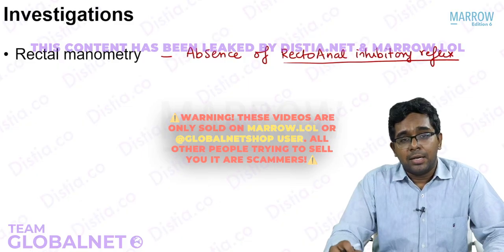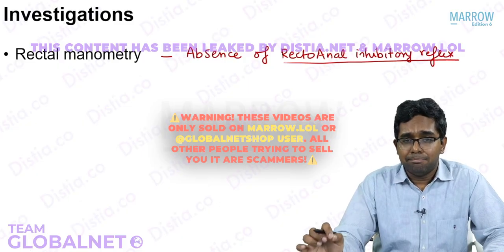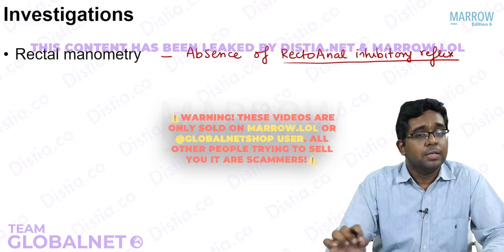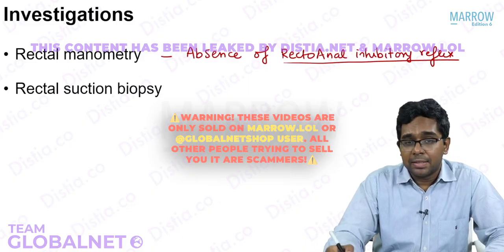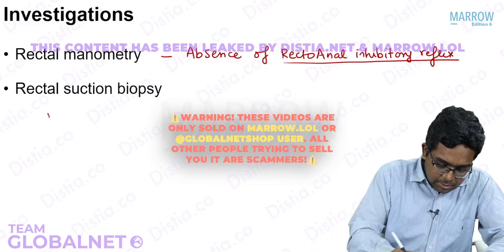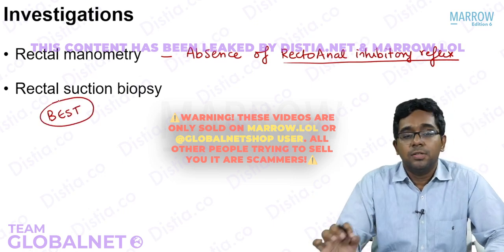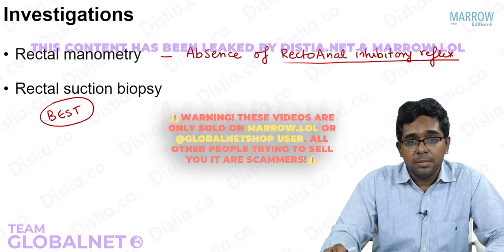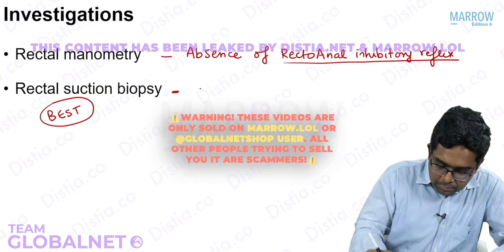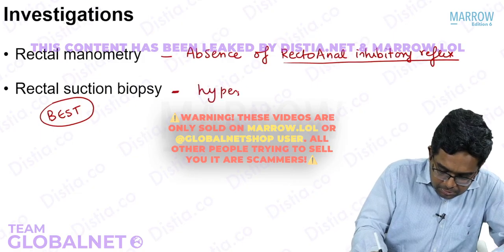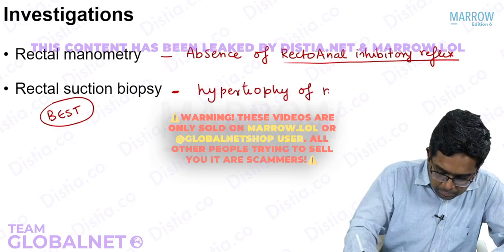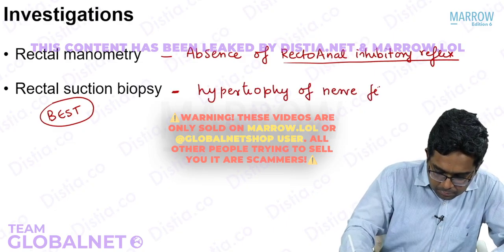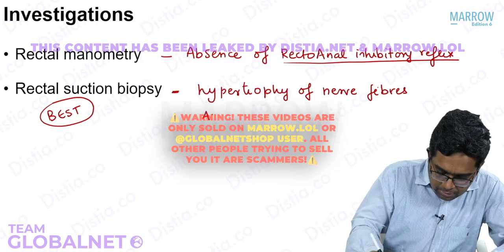And if there is a question, which is the best investigation for diagnosis of Hirschsprung disease, your answer is rectal suction biopsy. This is the best investigation or the investigation of choice in case of Hirschsprung disease. So what are you going to get in this rectal biopsy? You will get hypertrophy of nerve fibers, absence of ganglion,